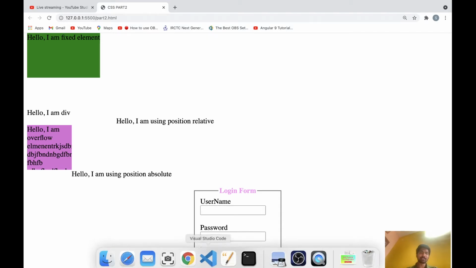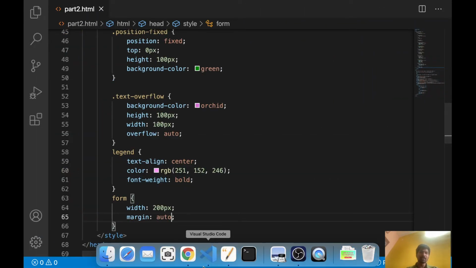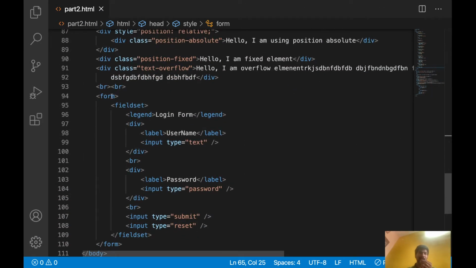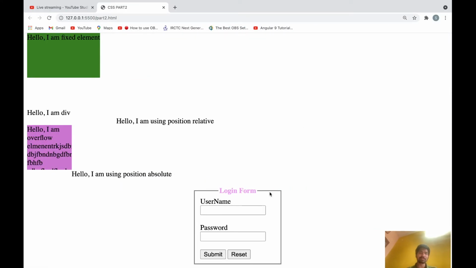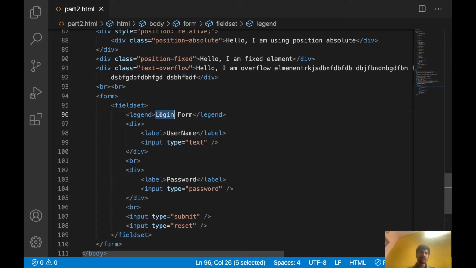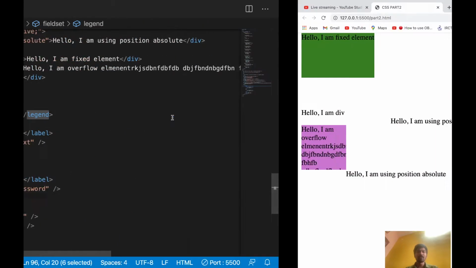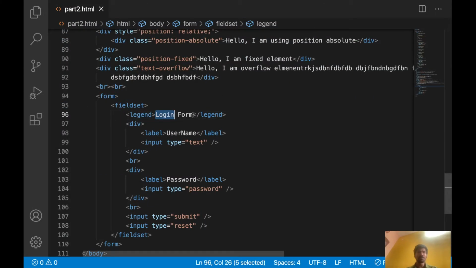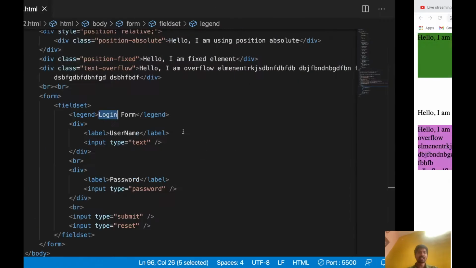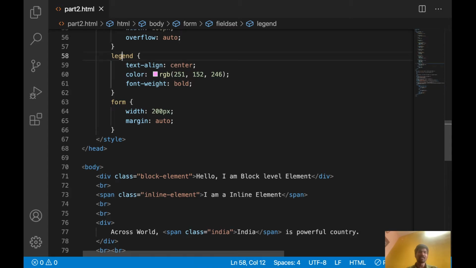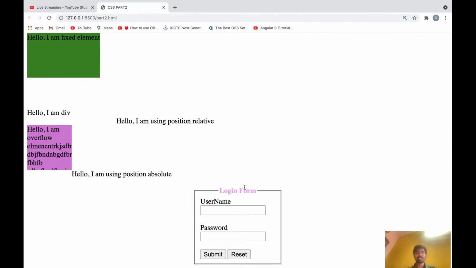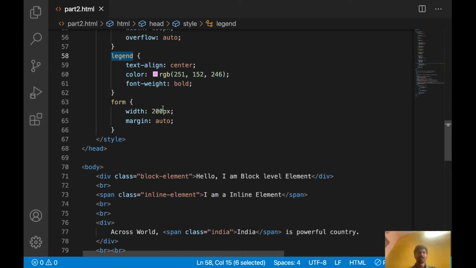Okay, so this is about styling of the form. You can see the HTML part. I used the form element. This is the normal HTML part, but for the border I used fieldset. So the border is coming in between. I used legend also. Legend is for the title of the form. In legend we can give the title of the form. I gave login form. For that, again I styled using the legend tag. I used text-align center, which means the title will come to the center, and I used some styling, color, font-weight, all those things.